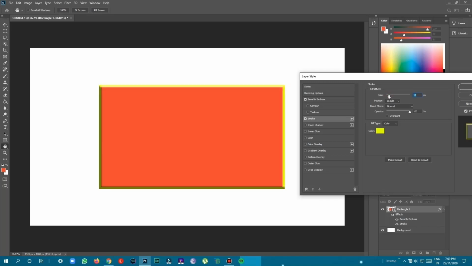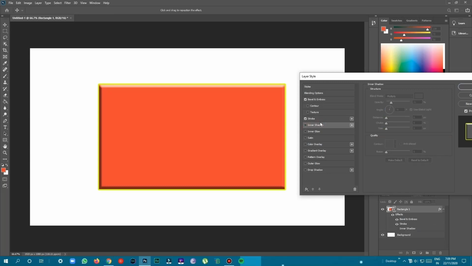This is the stroke layer effect in Photoshop. You can keep the position inside the rectangle, or you can keep it outside, that's your wish. And we have lots of blend modes. Then we are going to see the inner shadow. It creates a shadow inside the rectangle. Same here, we can increase the distance, the size, the opacity, and change the angle, everything. I'm just going to keep what looks nice.